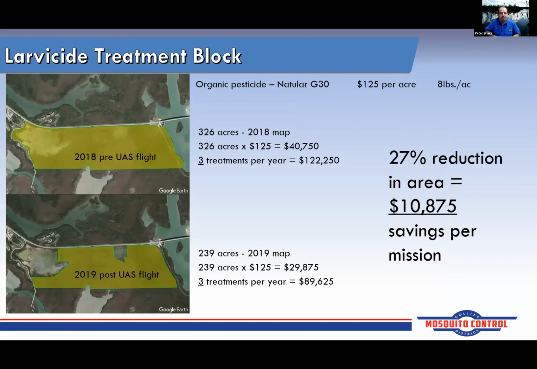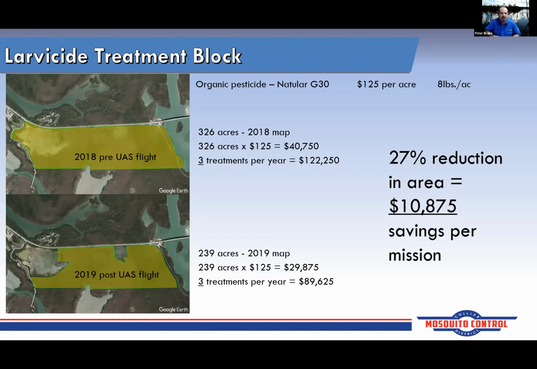Originally, our manned aircraft relied on Google Earth images. Soon to be Field Seeker, we produce the file format that we need. The Google Earth information was 12 to 18 months out of date. This area is one of our common treatment areas in our pre-treat schedule, and we usually treat this area 3 times per year. With one flight from the drone and other research work, such as the eggshelling, we verified that this